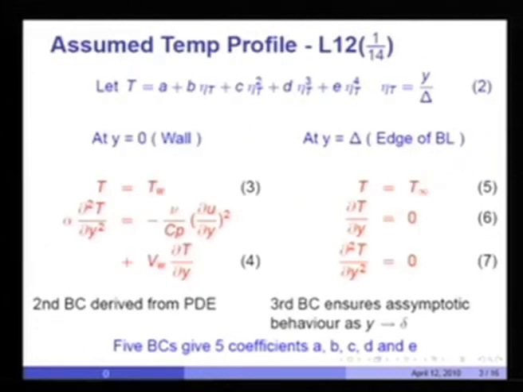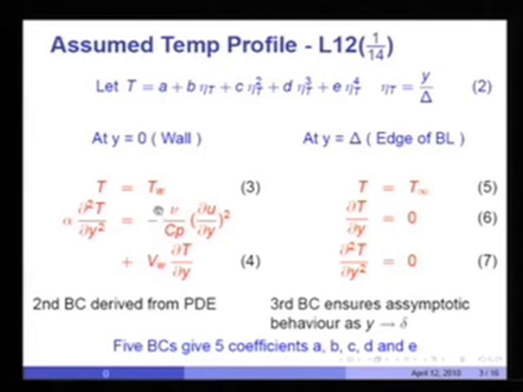So, like in the velocity boundary layer solution, we first begin by saying, let the temperature be a function of distance from the wall y divided now by the thermal boundary layer thickness delta t. I call eta t equal to y divided by delta t, and the assumed expression is as follows. It is a fourth order polynomial with 5 coefficients. These 5 coefficients are to be determined, as we did in the case of the velocity boundary layer equation,